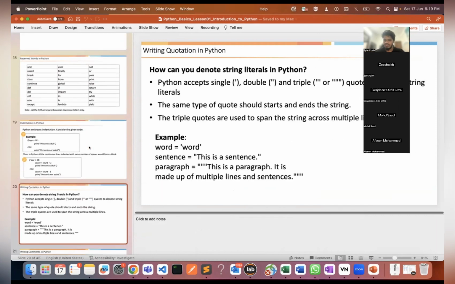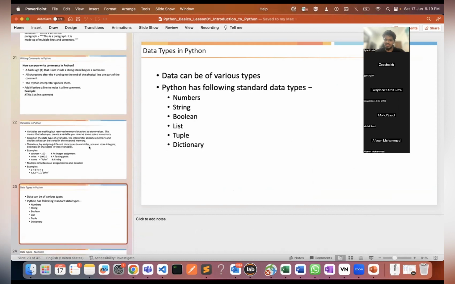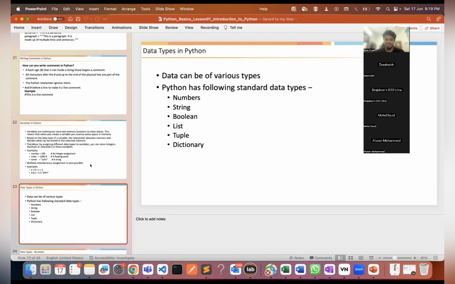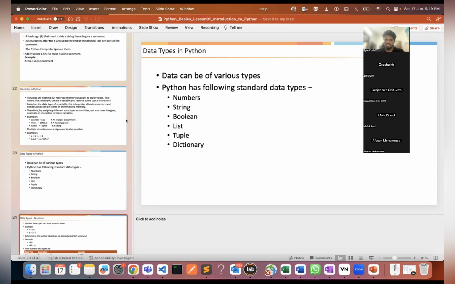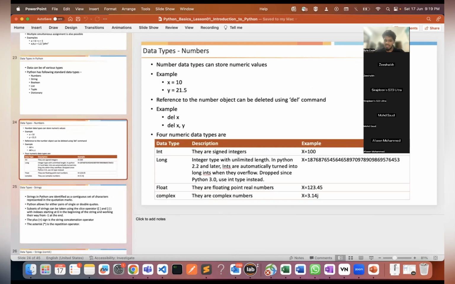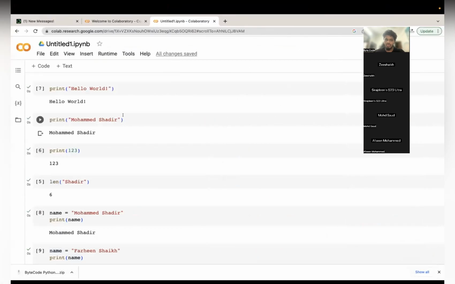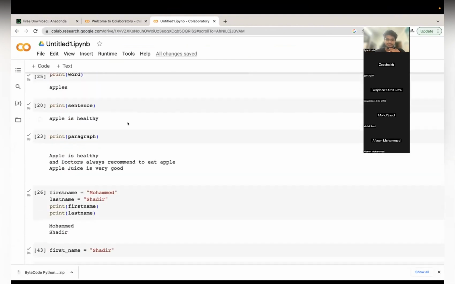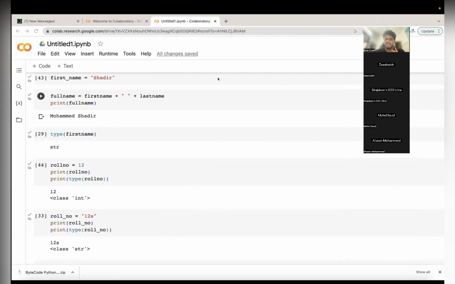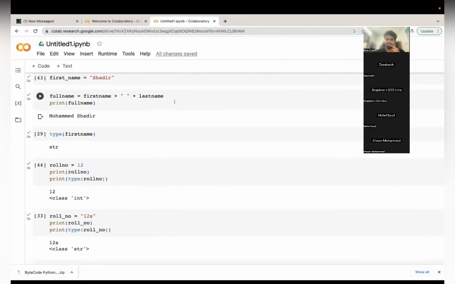Although I will share this PPT with you guys, with integer assignment, floating assignment, string, and all this stuff. We have seen all of this. This is the theoretical part, but we won't go along with this PPT. I will explain each and everything on the code itself, and you along with me also have to code. Then only you will understand it. But all these resources and also the recording of the lecture will be shared with you guys.